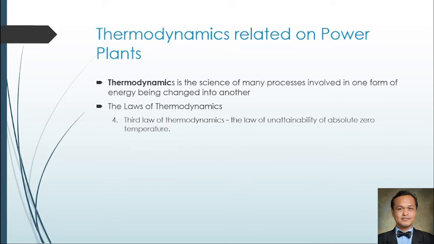The third law of thermodynamics is the law of unattainability of absolute zero temperature. The entropy of an ideal crystal at 0 degrees Kelvin is 0. So we cannot attain absolute 0 degrees Kelvin. We can only almost reach the 0, but not actually an absolute 0. So that is the third law of